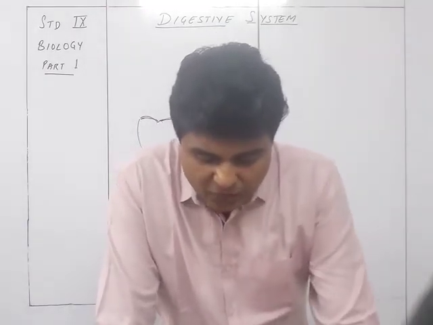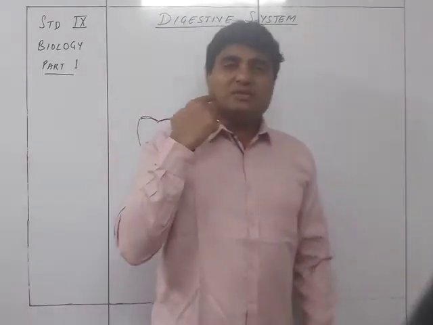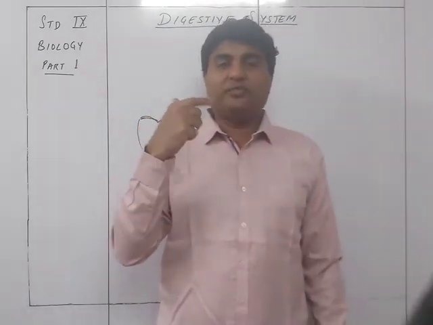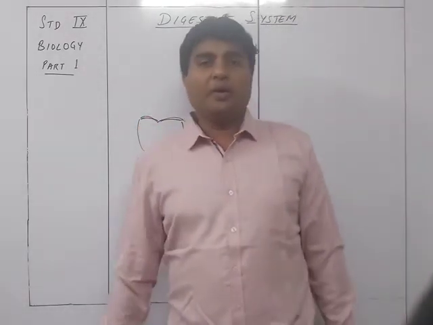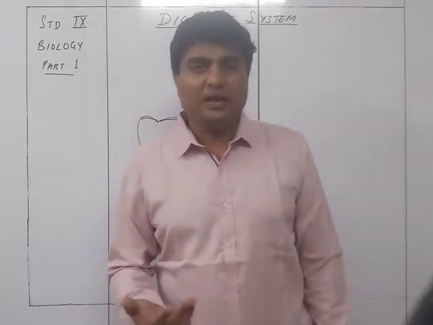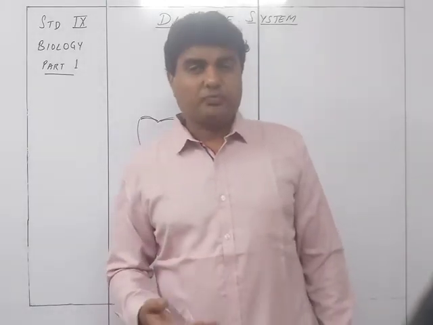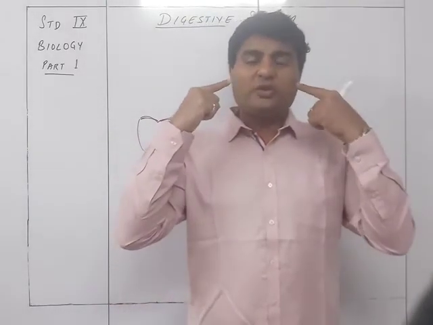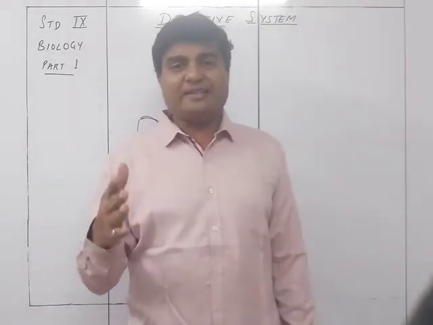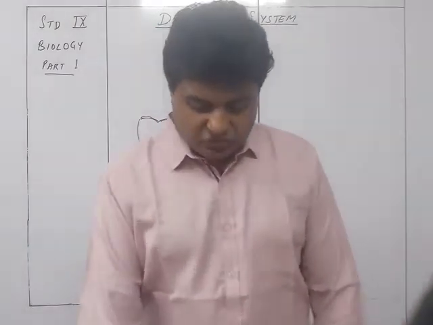The last molar of each side in each jaw is called a wisdom tooth. So out of the 3 molars, the last one, the last teeth over there, you do not have as of today, because it comes only after the age of 18 or 20, in fact even later than that, and that's why it is called a wisdom tooth. There are 4 wisdom teeth, 1, 2, 3, 4. These 4 wisdom teeth are the last set of molars you are going to get at a particular age. That's why it's called a wisdom tooth.